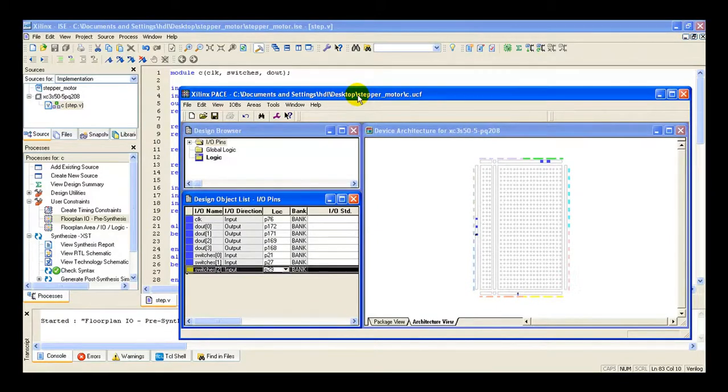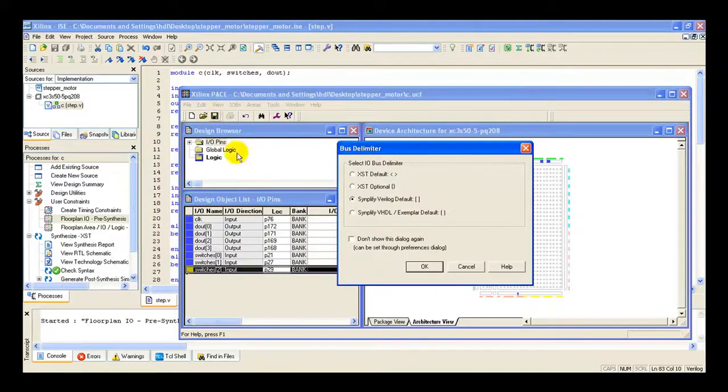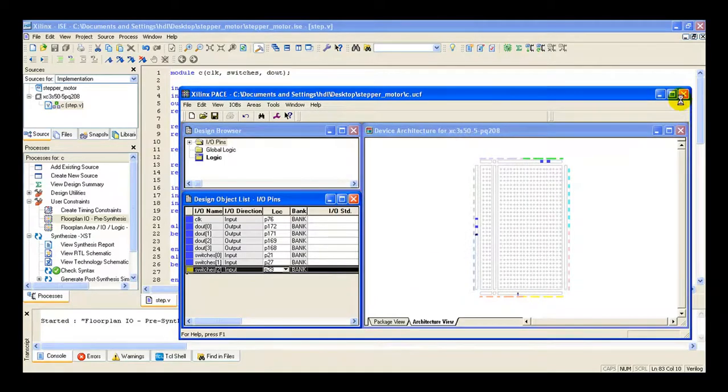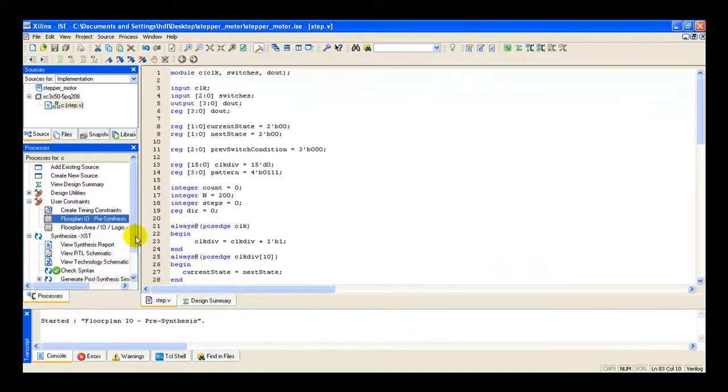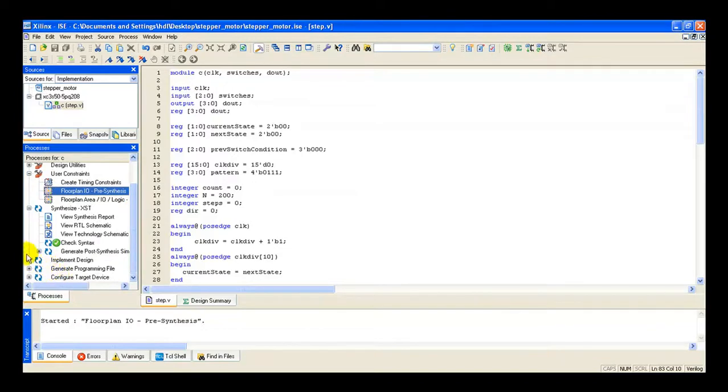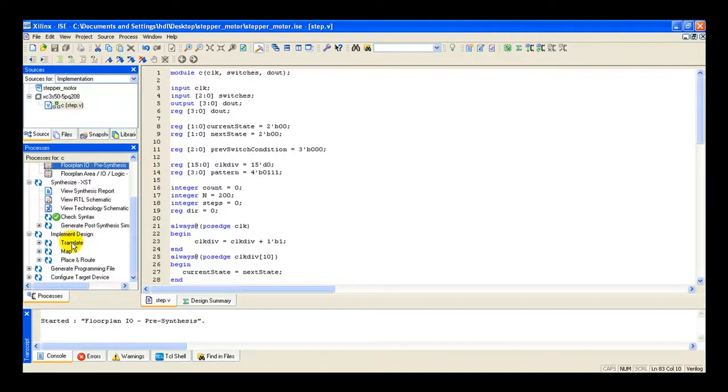Once we complete this step, you can observe on the right side that all the pin numbers are highlighted in blue. You can observe that the pins are not sequential; pin numbers 1, 2 and 3 are not in order. They are connected in a random fashion. After this, press save and press the OK button. Then close the Xilinx page. So far we have assigned pins to our FPGA.